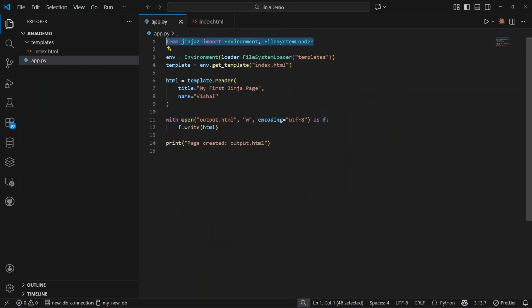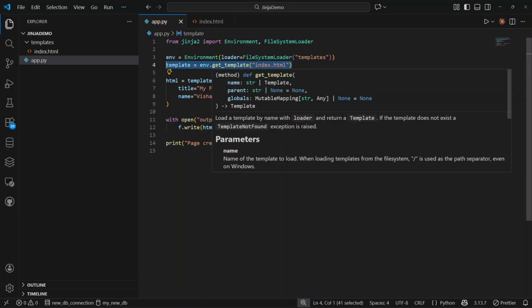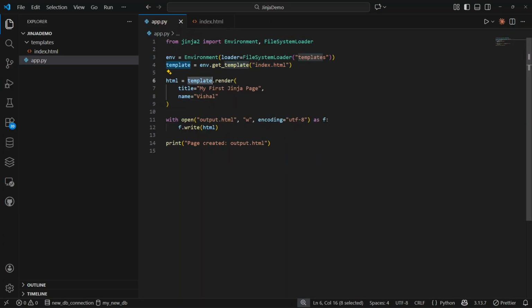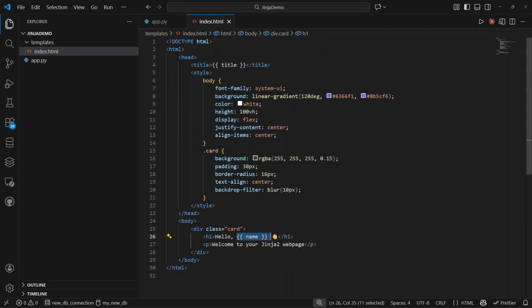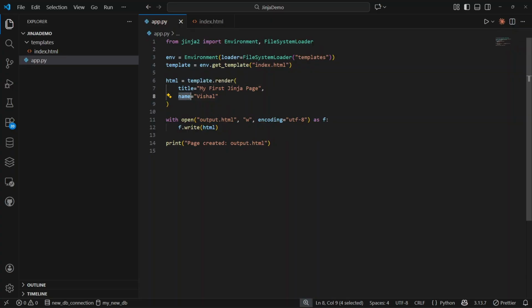First, you import Jinja and import Environment and FileSystemLoader. Just import your HTML template, okay? And in the HTML template, pass the variables that you want to use in the template. So here I'm passing title and name, and inside your HTML, this is the title and this is the name. So this is how you use variables inside your HTML template, that is inside the curly braces. So you pass variables from your Python code using template.render, and you use it in your index.html file or any